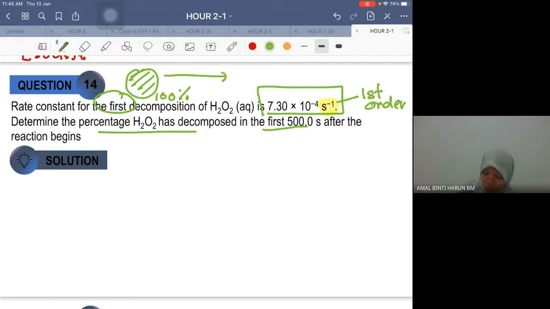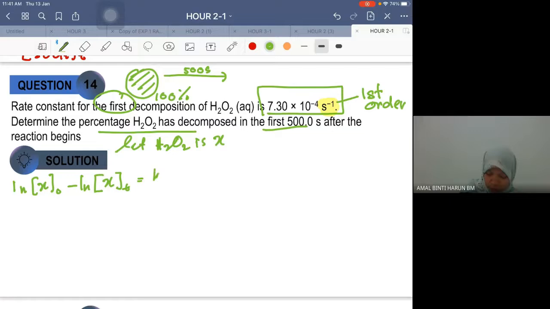Okay, lepas tu selepas 500 saat berapakah concentration yang akhir. Okay, so kita guna juga let, saya malas nak tulis banyak-banyak ni, let H2O2 is X. So ln concentration X initial minus ln concentration X time equal to KT. So initially it is 100%